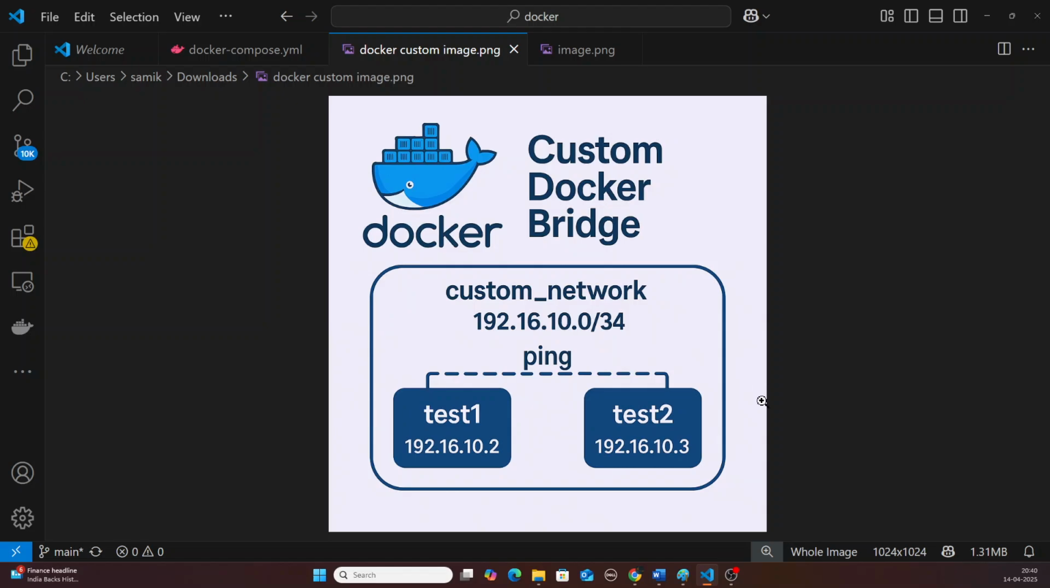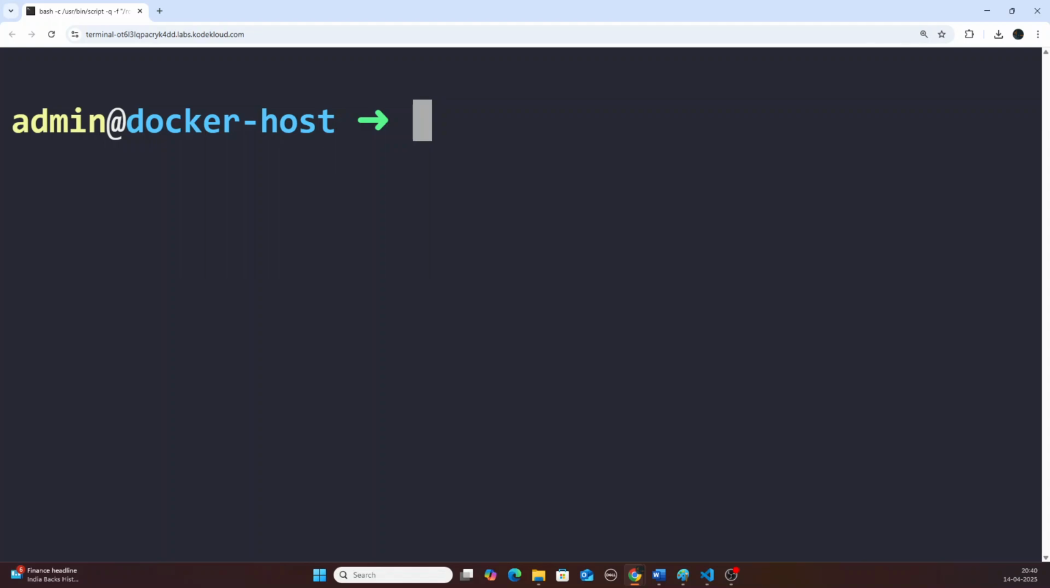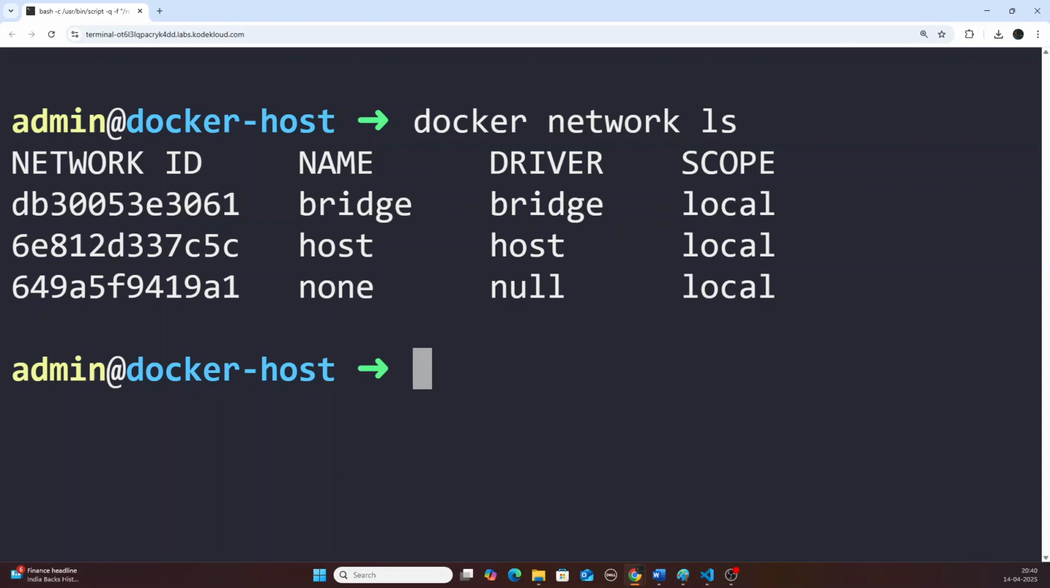We go to the Docker host, and first we'll check whether the networks are present or not. Give the command docker network ls. By default, as I said, three networks are present: bridge, host and none. We want to create our own custom network, so for this we use the command docker